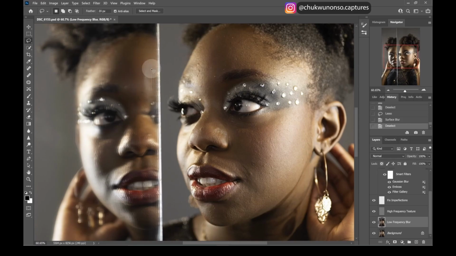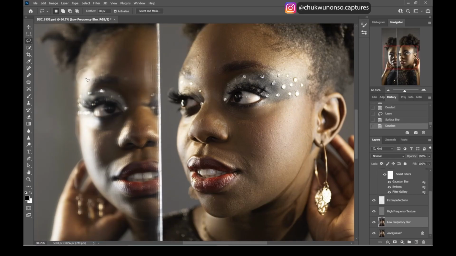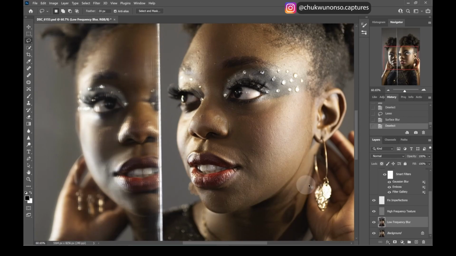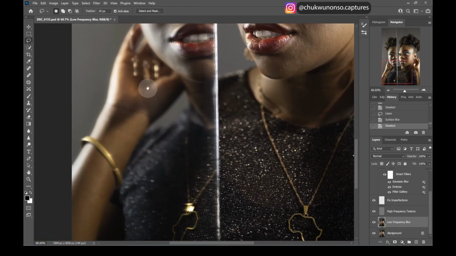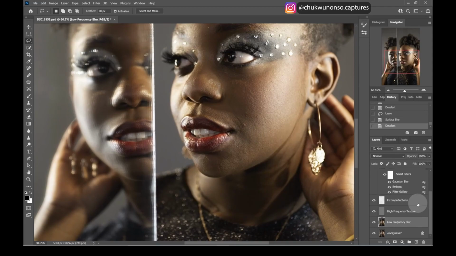And the interesting thing about this picture, she has a reflection over here, so I'm gonna try to maybe do the same thing on the reflection. To be honest with you, the reflection kind of has blur going on. This is an interesting editing job here. It's like double the work. So I'm not gonna do too much work on the reflection. When I hit it with the mixer brush, I'm gonna pay more attention to the reflection to get it to where it needs to be, because the reflection is already kind of blurry. So I'm gonna alt click